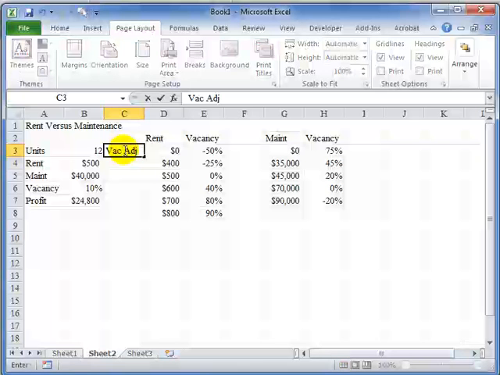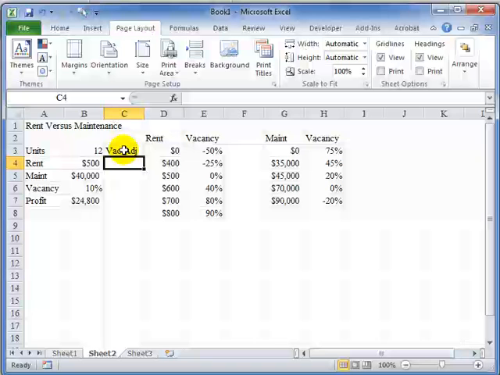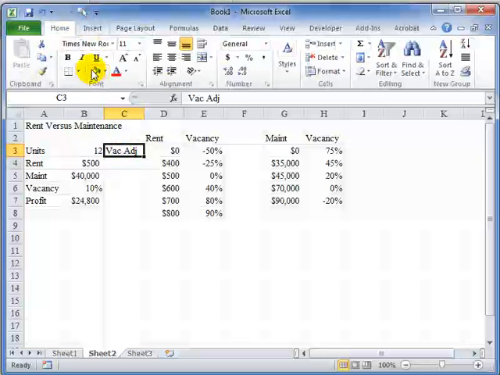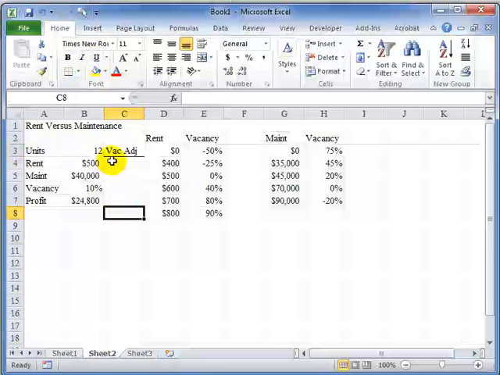Vacancy adjustment. And I'll go ahead and put an underline on this to make it look a little bit better so we can understand what we're doing here. And let's say that in the case of rent, we want to use this table right here to pull back a value. So whatever we have plugged in here, we want it to pull the correct value over here based on this column here. So there's a function in Excel called vertical lookup, which is what we use to do this. So equals